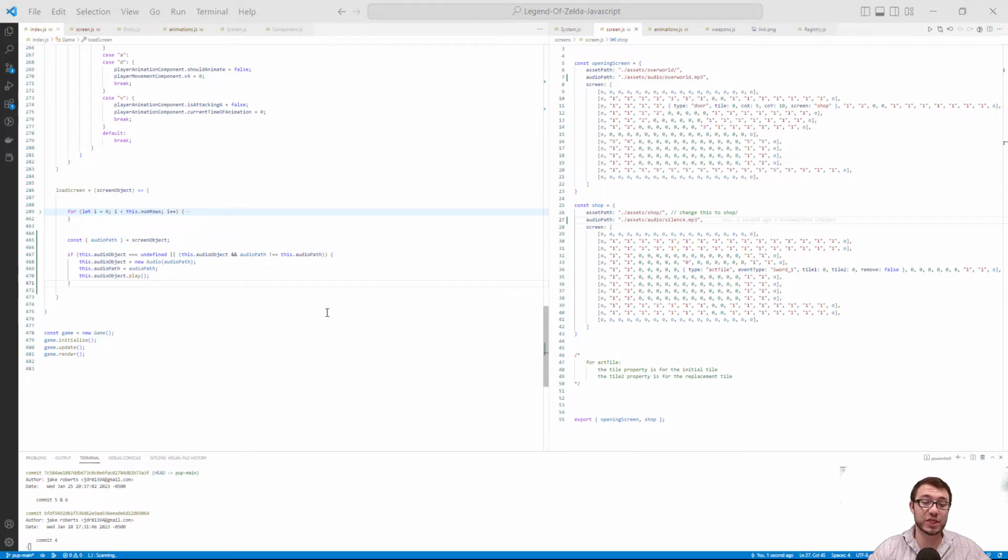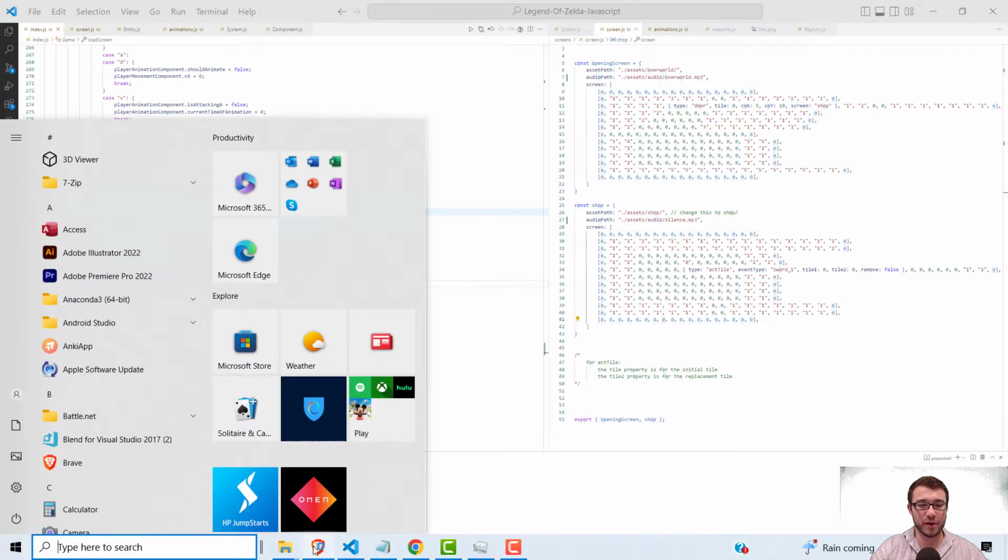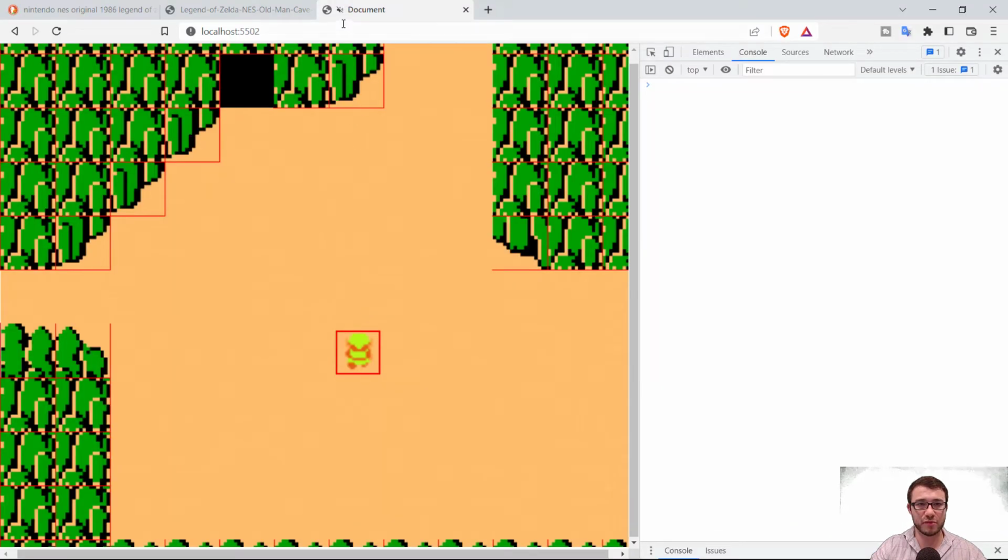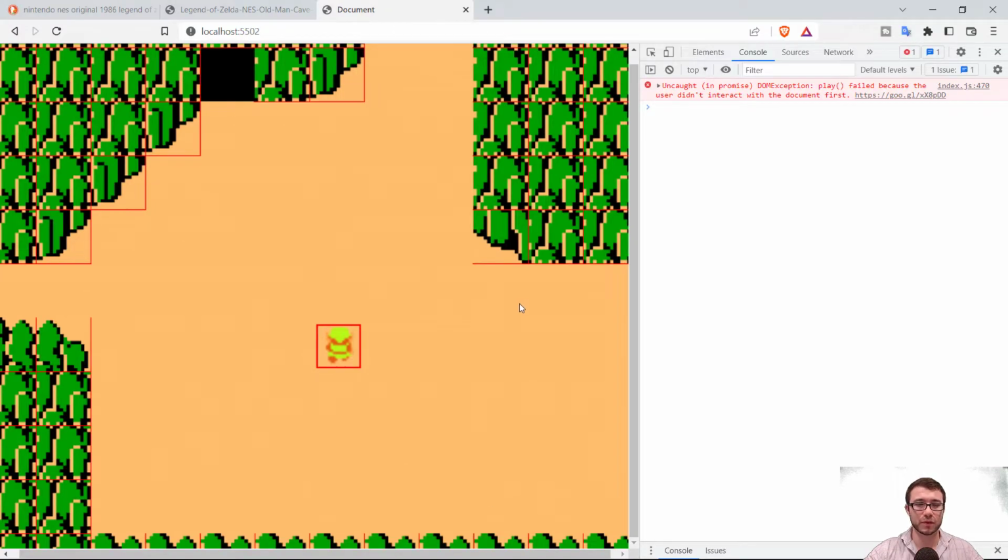We need to see that a transition from one screen to the other will play the proper music. And luckily we already have a transition space set up. So why don't we go back. Let me unmute my game. So you can see the sound is not playing, but that's also because I'm getting this error in the top